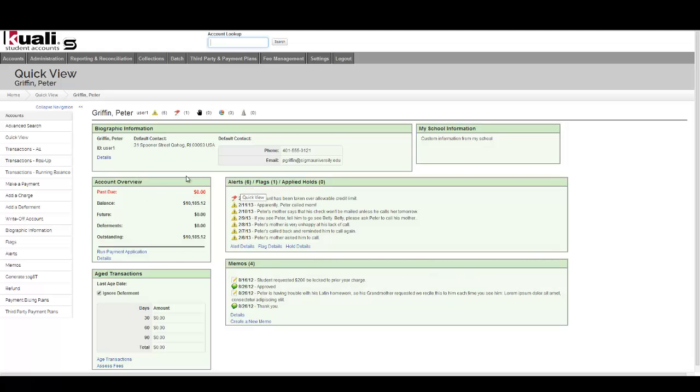Obviously, you've got some account overview information: what the past due balance is, what the current balance is, what the outstanding balance is, and then the aged transaction list is also there. The aging system on this student is a 30/60/90 system. That's not hard-coded into the system. You can set up as many aging processes as you want. That would allow you to, for example, on one of your third-party sponsors,